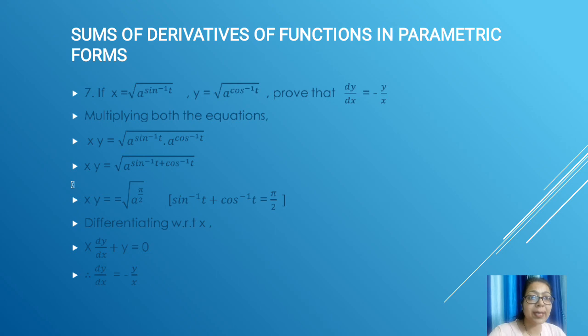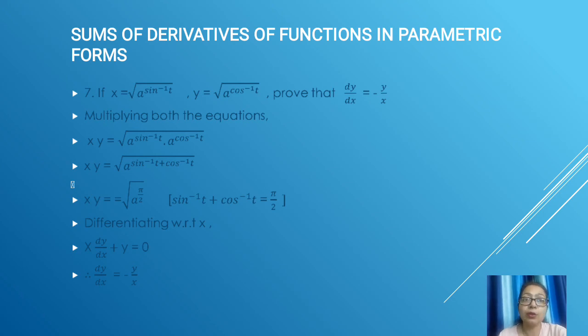Now let me explain that in this question number 7, I have not used the parametric form, that is dy/dx equal to (dy/dt) by (dx/dt), that formula I have not used. This is a particular pattern, all sums cannot be done this way. For a particular sum we can use this. Here what I have done is multiplied both the functions. So left hand side x into y, right hand side under root.